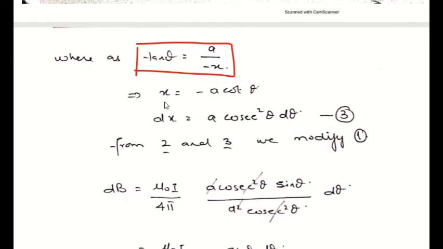So I can rearrange this as x is equal to minus a cot of theta. That is taking this x to this side and dividing tangent of theta by a. 1 over tangent of theta is equal to cot theta. So I can write minus a cot theta, and as I have dx in the formula,